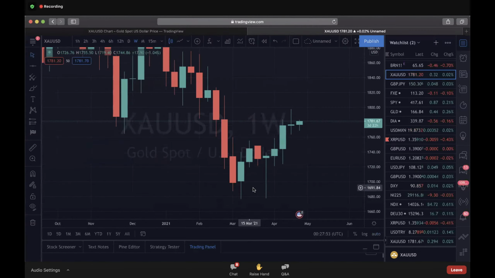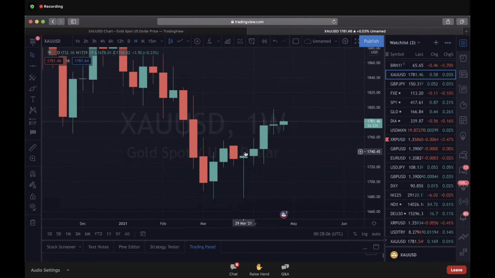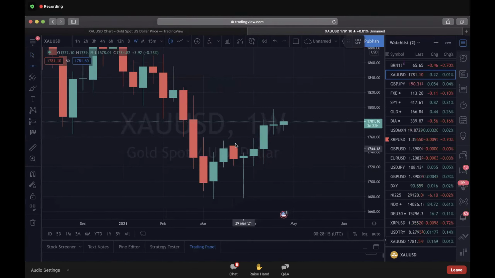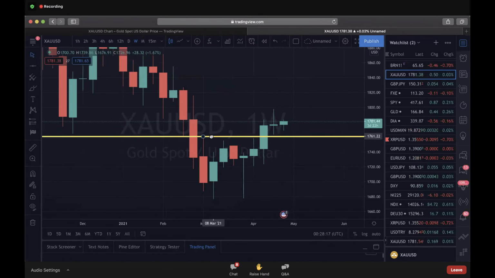Out of that 617 pips, how much of it went back? 539. Is that less than half or more than half? That's more than half. So I know, because this candlestick is more than half, that I could enter on this trade, right? But I'm not going to just enter right in on the buy. I have to find a good entry point. And so here, we see price go down and then it wicks back up.